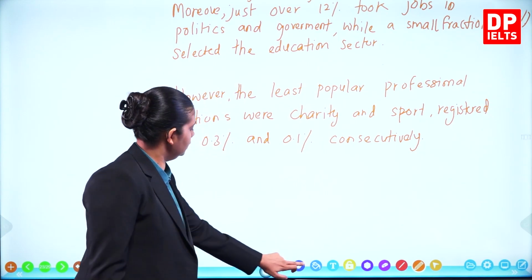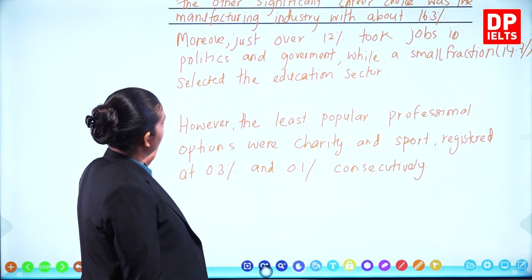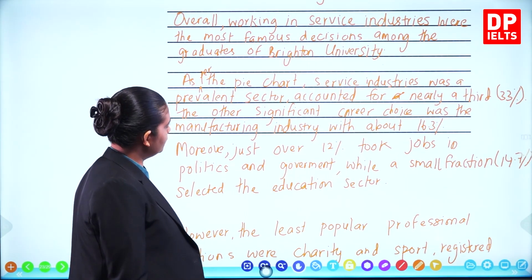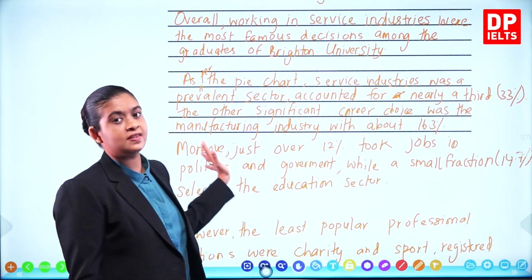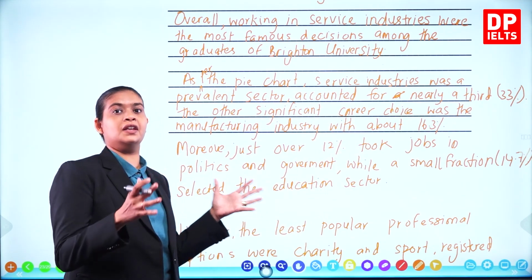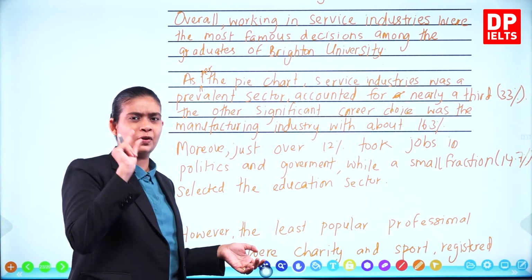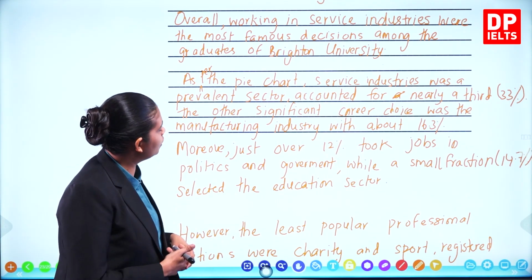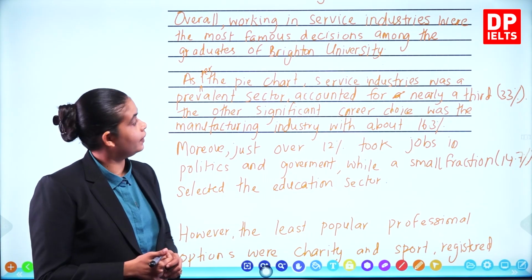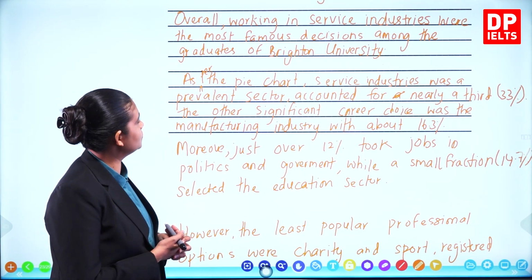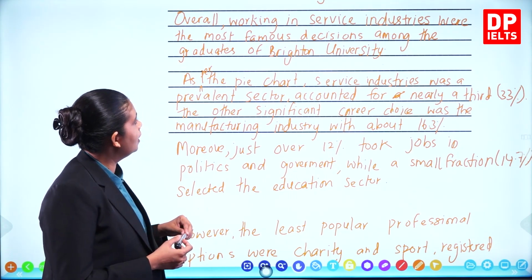Alright, so in terms of categorizing it or putting it into paragraphs, what I did was I wrote the significant numbers in one paragraph, and the least ones, remember I spoke about the insignificant ones, those I put into one paragraph. Okay, so overall I said working in the service industries were the most famous decisions among